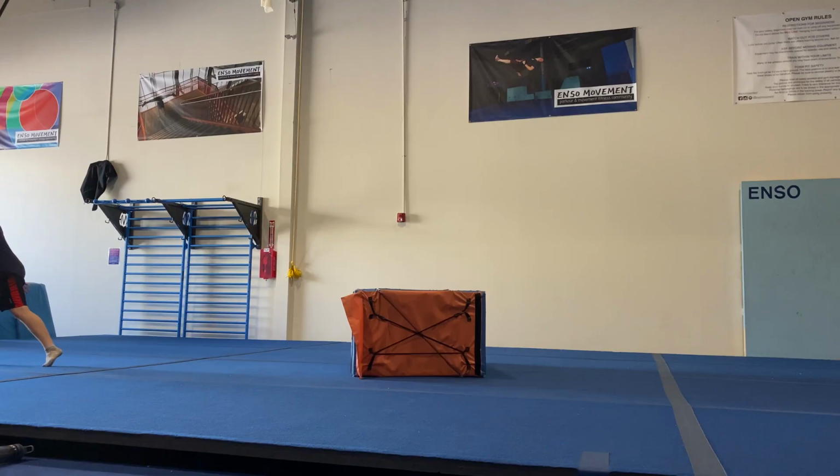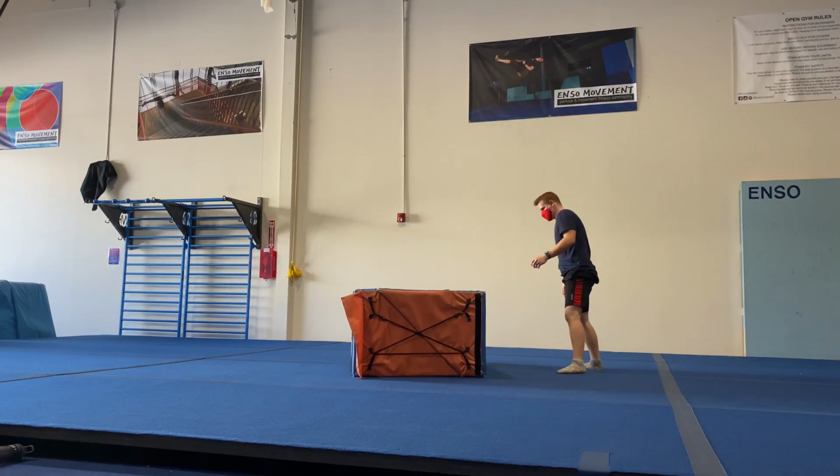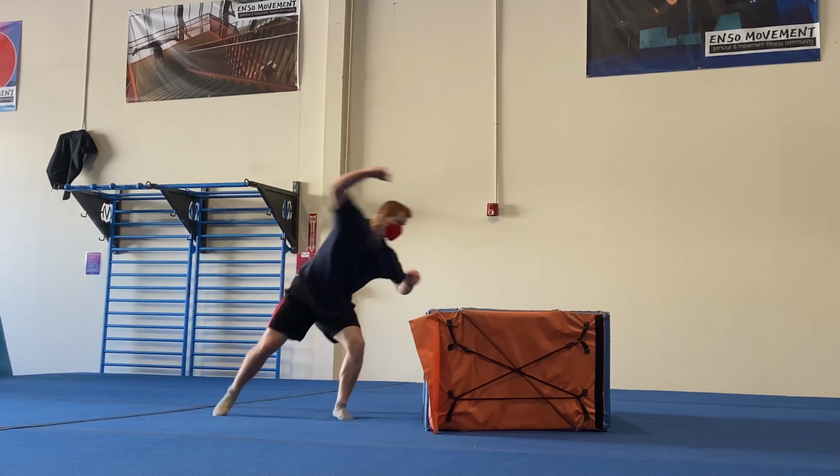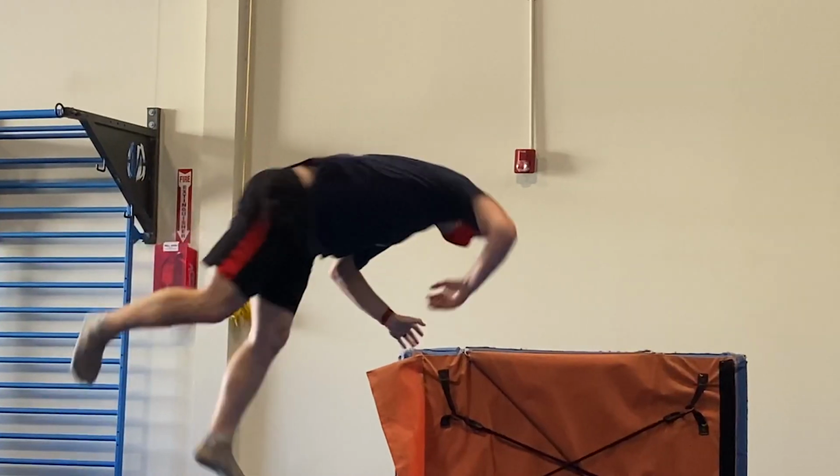Then what you're gonna do is set up and do your cartwheel so that you are facing backwards to that mat. Then you just do that dive roll over the mat. Then you start adding momentum. Make sure that you are spotting the mat the entire time because this is gonna help you understand where to